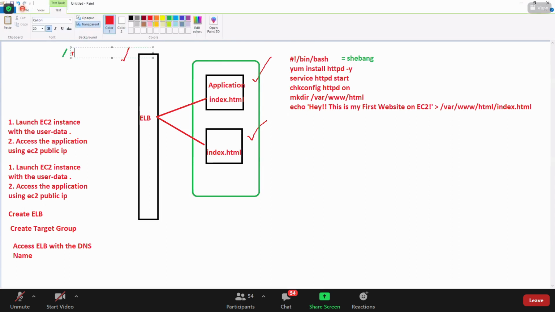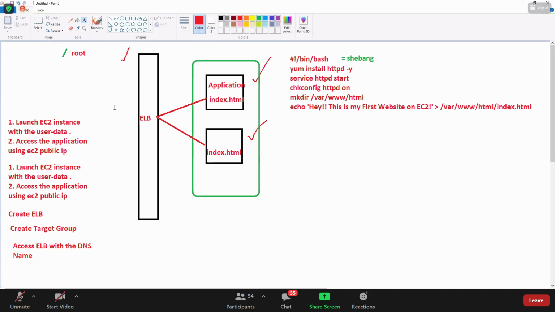No. So in Linux, everything is directories basically, and everything will start with a root. Inside this root, you have multiple directories or folders. Everything is files and directories over here. The file system of Linux will start with slash, meaning root.